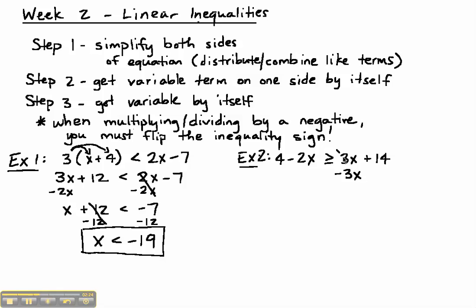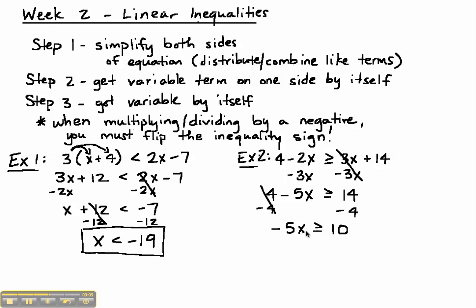So we need to get rid of this 3x on the right-hand side. We do that by subtracting 3x from both sides. Negative 2x minus 3x is negative 5x. And now we've got it on one side, but we still need to get it by itself. We've got a positive 4 on the left-hand side, so to get rid of a positive 4, we have to subtract 4. And that will cancel out the 4 on the left-hand side, leaving us with negative 5x greater than or equal